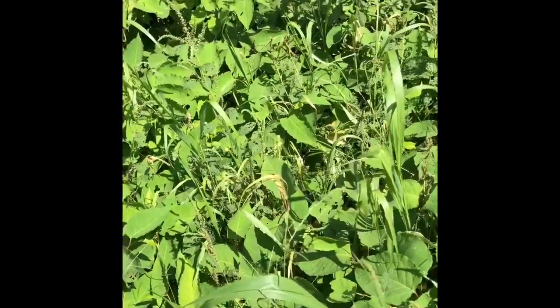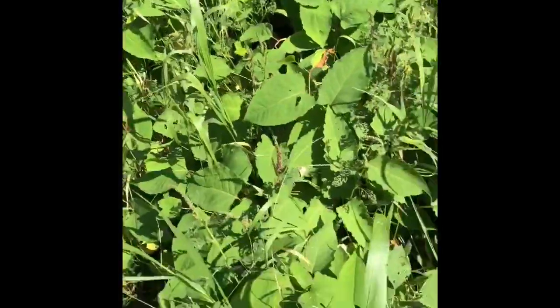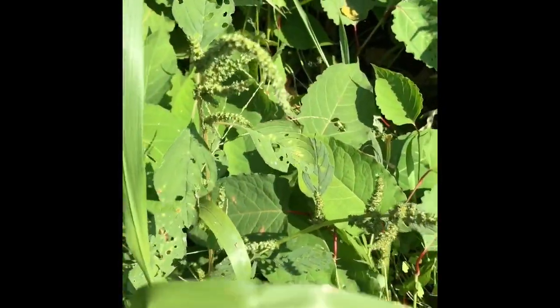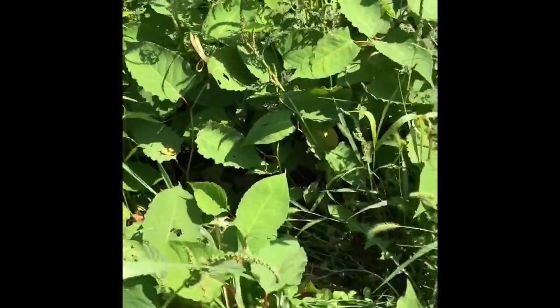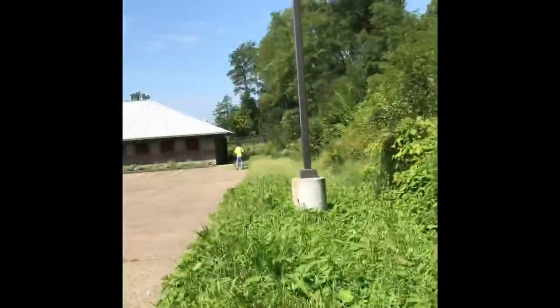Here's the patch of amaranth I found. There it is, right there. And that big one, I don't know if you can see it right there. I don't know, they're probably going to mow in a few minutes, so I better go hurry and pick this